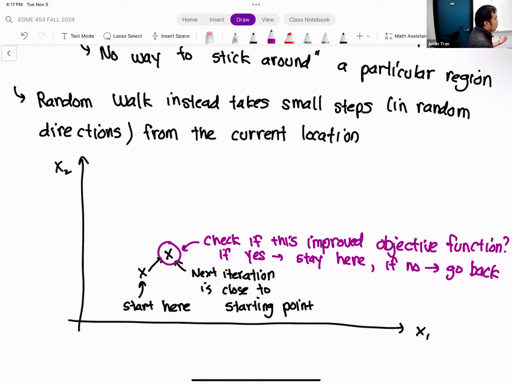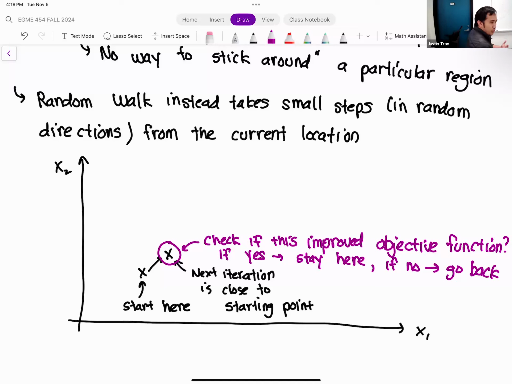Yeah, so it kind of is like drunk walking. If you've ever walked around drunk in your apartment, sometimes the way that you navigate is that you take a step and it's like, is that a wall? Ow, and you hit it and then you go back. But if it's not a wall, then you keep moving forward, right? And the goal is to get to the bathroom so you don't yak all over your carpet. And because you're drunk, you're just taking steps in random directions, hoping that you get there. Yelling at your roommate to help you, and he's just laughing and filming you at the same time.